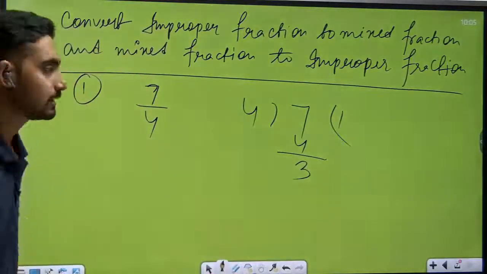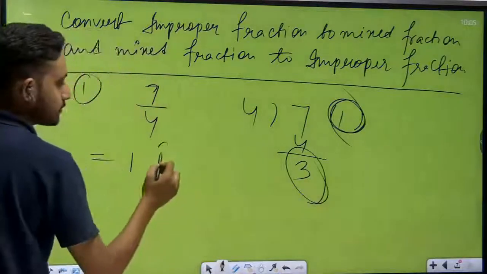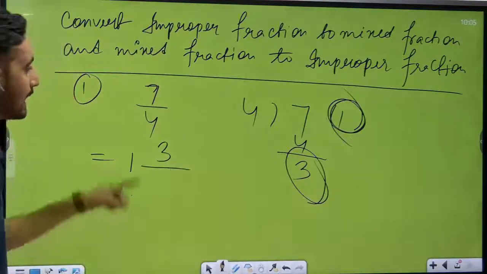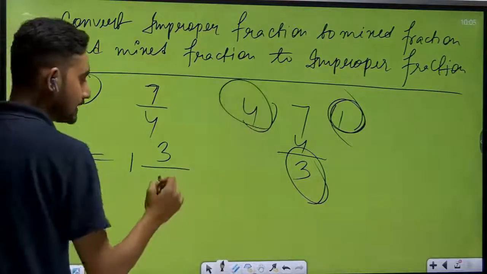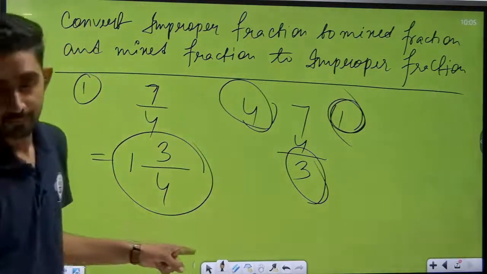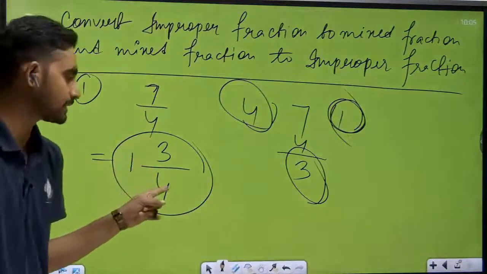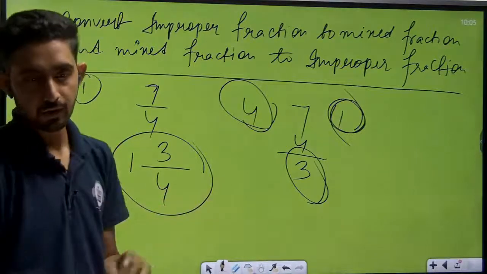Answer done. So write down all of you 1, this one quotient you have to write down here 1. This 3 you have to write down here as a numerator, and this 4 you have to write down as a denominator. So the answer will be 1 and 3 upon 4. That is the correct answer. Yes, 100% correct answer. Sanjeev, your answer is correct. 1 and 3 upon 4. Okay, done. Now we'll move to the next question.